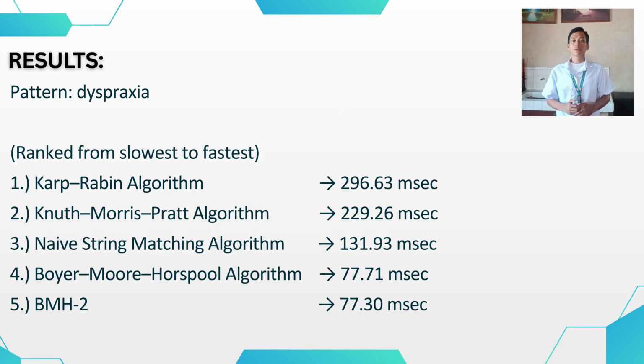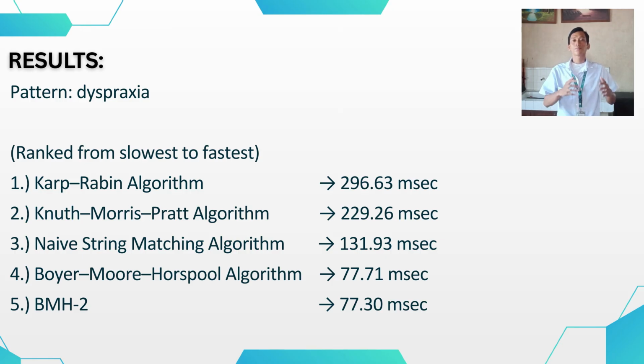The naive string matching algorithm shows relatively low variability across runs, indicating consistent performance for short patterns. Throughput analysis confirms that the naive string matching algorithm is acceptable for small patterns, but the number of character comparisons